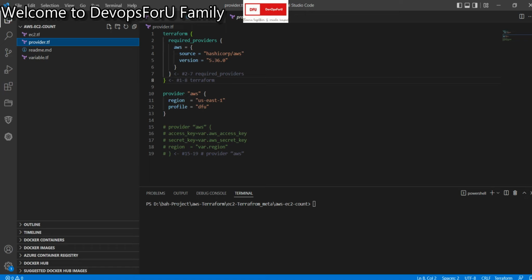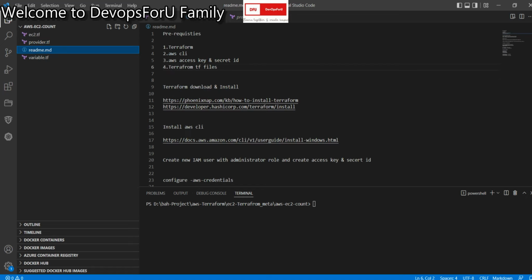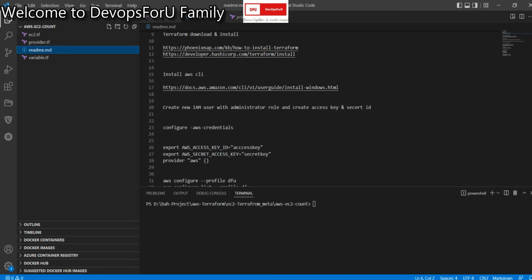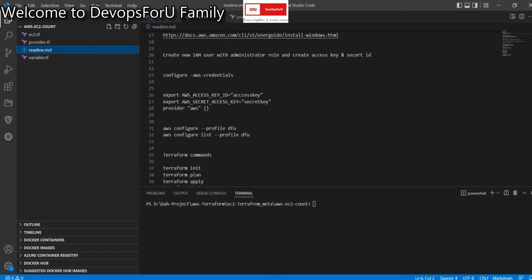There are a couple of ways we can input this. I'm using a profile approach, that is, I have created the access key and secret key using AWS CLI, which I have already explained in my previous video. And the way we can create it is, you can just go to your command prompt and